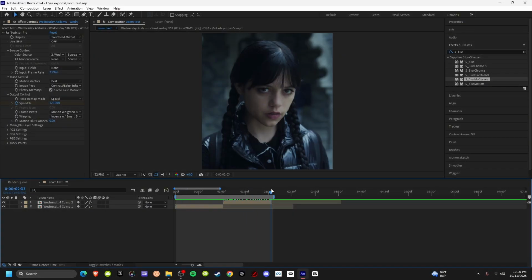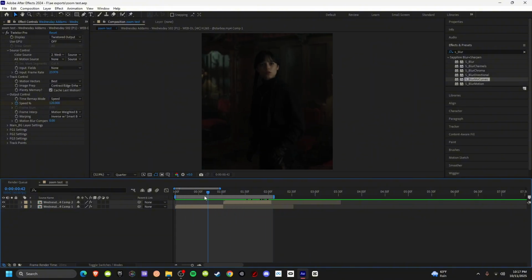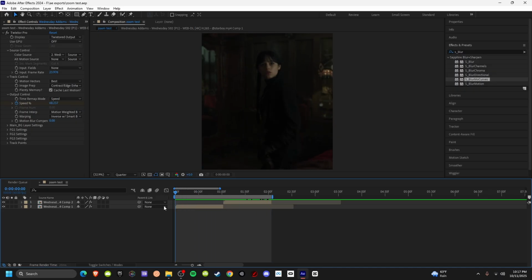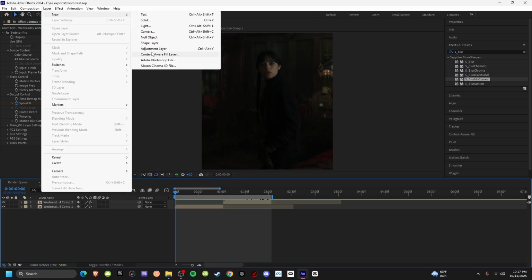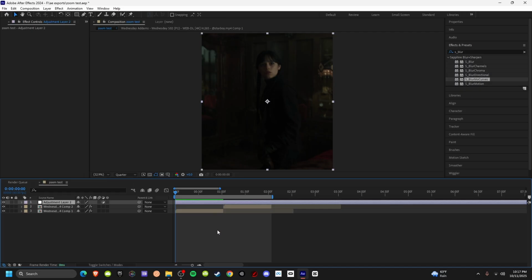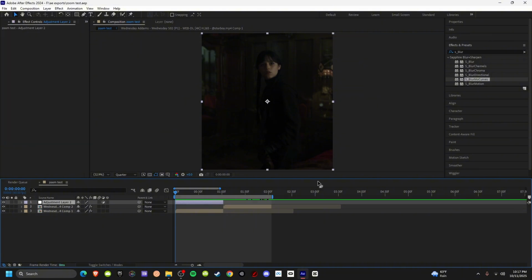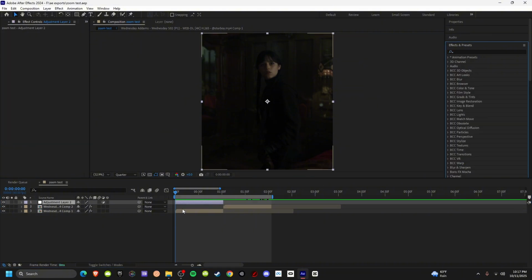Alright, so after you have your clips ready with tracking in Twixtor, head tracking is optional, so is Twixtor, but for the sake of this tutorial I did add those two. So once you have these clips, you're going to want to go to Layer, New, and Adjustment Layer. Trim it to your clip's length. Select it and go up to Effects and Presets and search